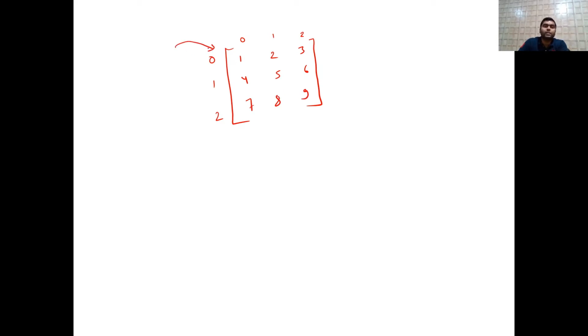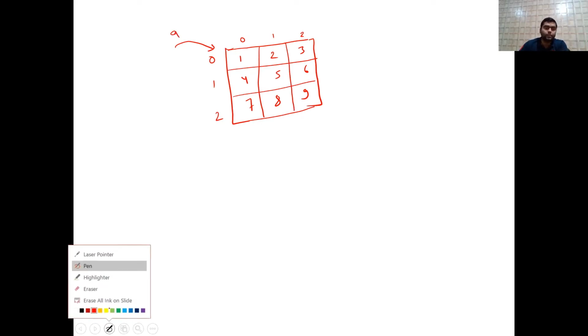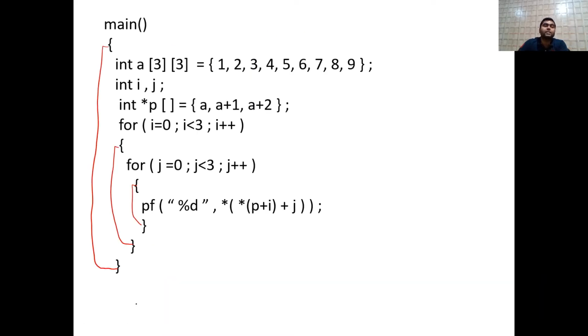Observe very carefully. The name of this array is a. This array is something like this. Now observe very carefully. In the next line, they are saying to take integers i and j. Two variables are required, and star p of star p means this is an array of pointers, integer pointers. So what will happen in this case?